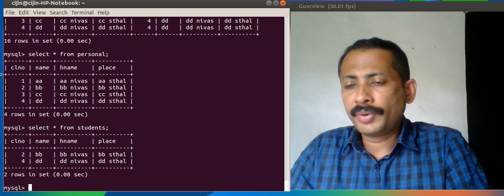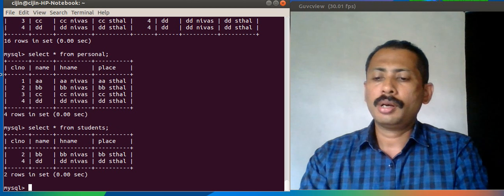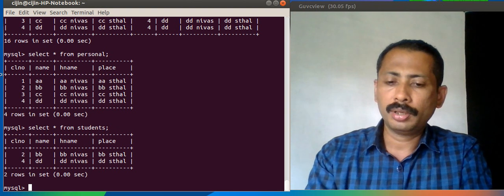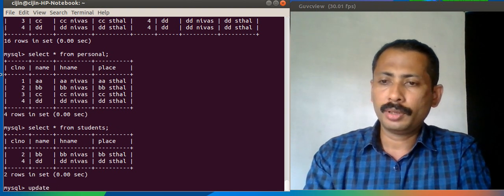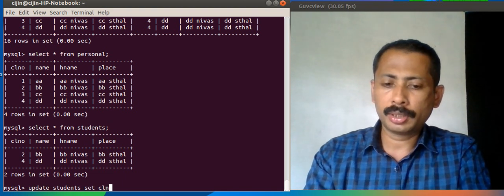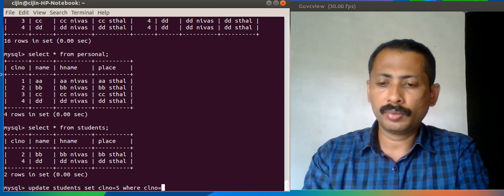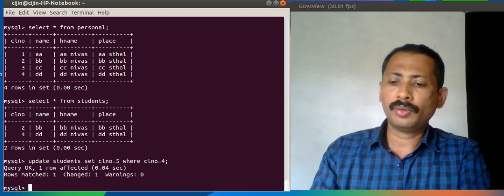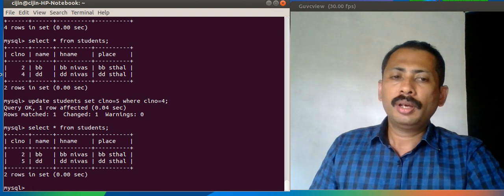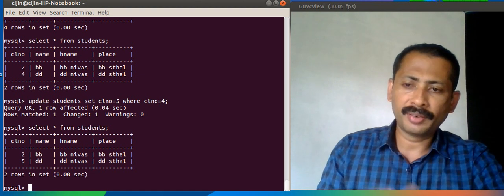Before combining, I will update one record: update students set class number equal to 5 where class number equal to 4. So I have changed the class number of one field, so it is 2 and 5, and now I am going to combine this.